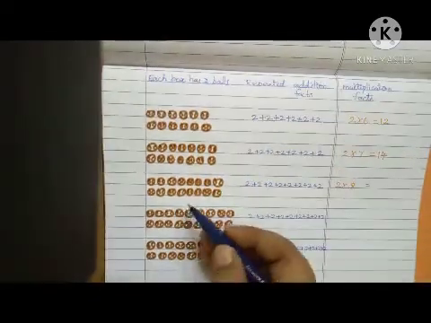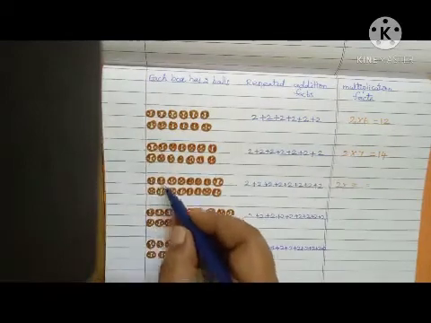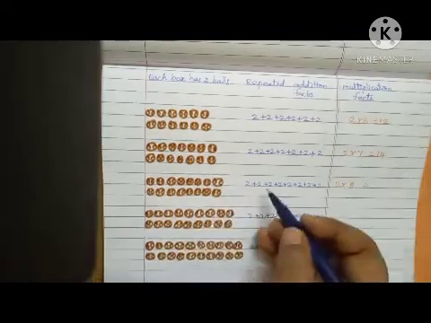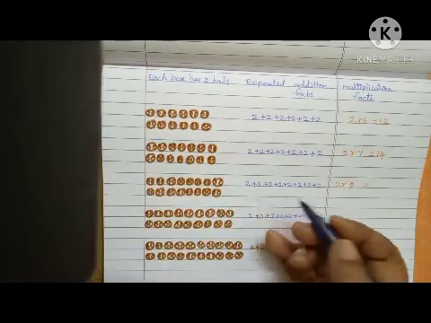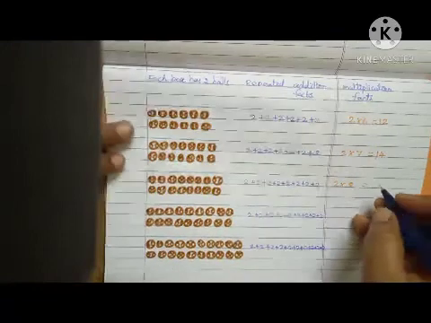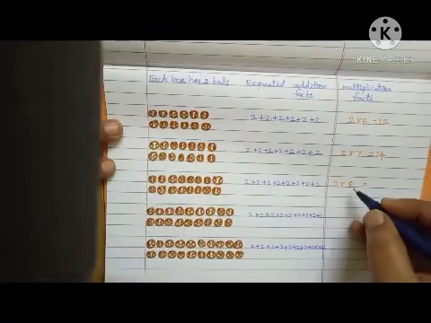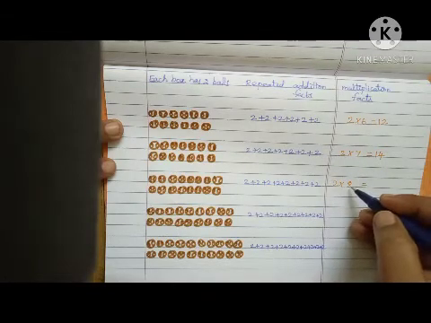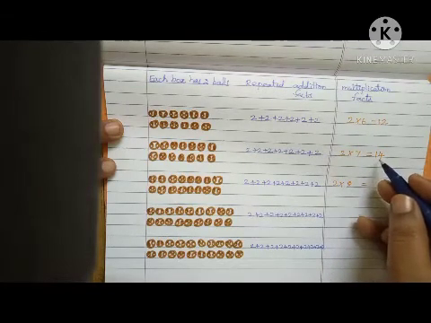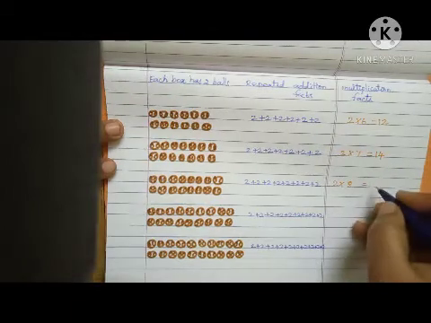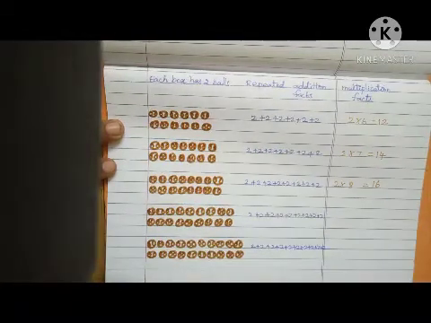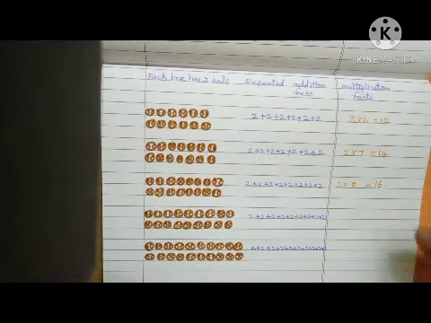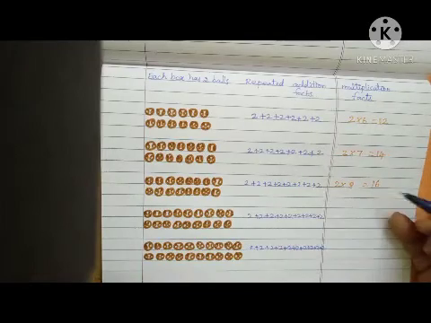The next one. 1, 2, 3, 4, 5, 6, 7, 8 times. So 8 times having 2 balls. So 2 8s are here, only added 1. 7 after 8. So 14, after you add 2, 14 plus 2, 16. So this is 2 skip counting. 12, 12 after 2, 14. 14 after 2, 16. Then next one.